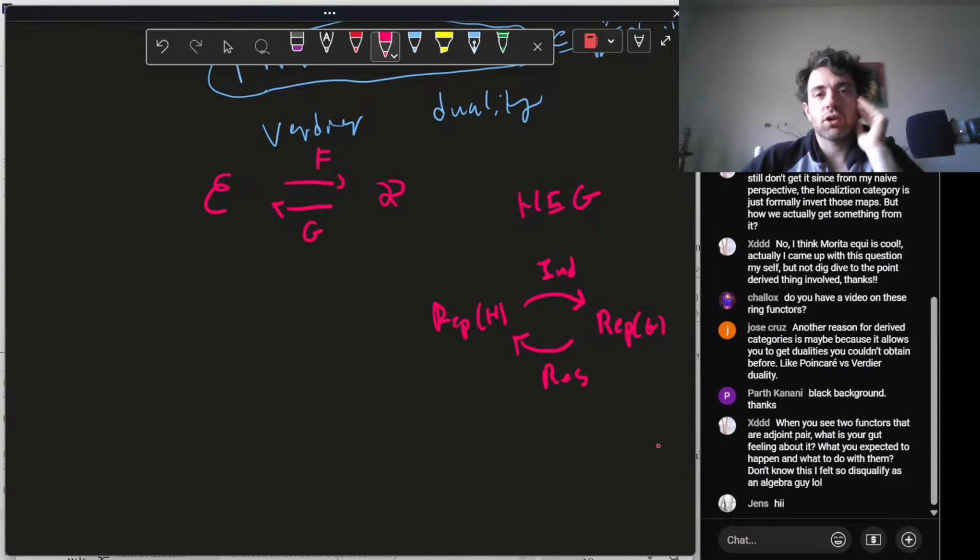And if you're trying to build representations and search for irreducible representations, you might want to know, hey, if I have, so again, I'm going to mess up the left-right adjunctions here, but